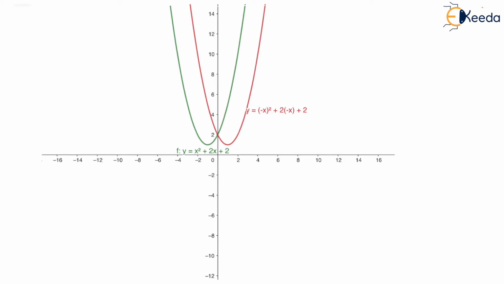In this case, this is the second case we have discussed, that is we are changing x to minus x. So initially we had the graph y equal to x square plus 2x plus 2, whereas in the second case we have y equal to minus x square plus 2 times minus x plus 2. So we can see that this reflection is about the y-axis, and the graph which we had on this side has got inverted and reflected about the y-axis and has changed to this side. So it has just got a reflection on the other side as this one.